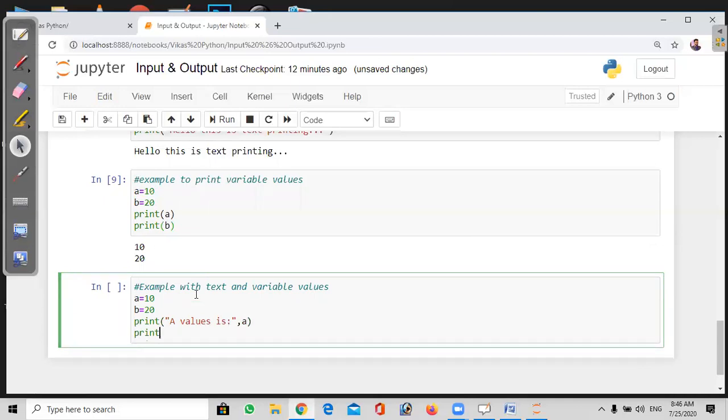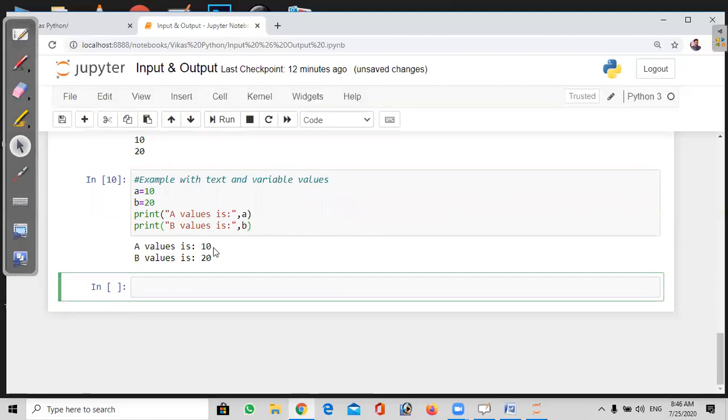Same way we can print "b value is", comma b. See here, a value is 10, b value is 20. We got it. So clearly we got the variable values by using the print function by combining them.